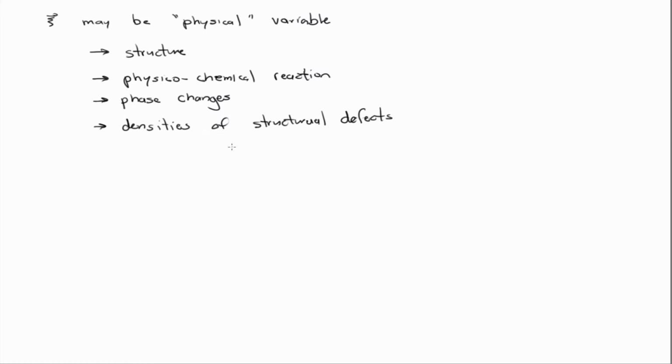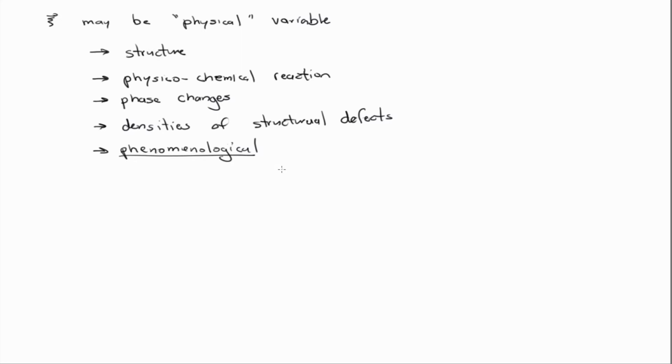So how those will evolve with time gives you your history variable, and it gives you some information that you can use to construct or determine what those internal state variables are and how they affect the continuum or macro motion. But more often than not, these internal state variables are phenomenological. So what I mean by phenomenological is